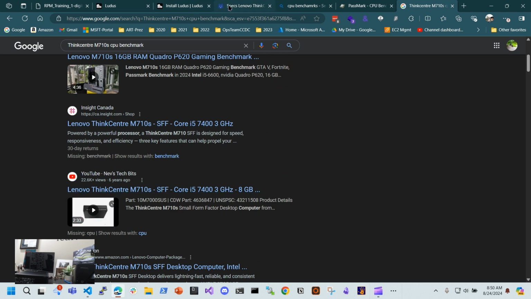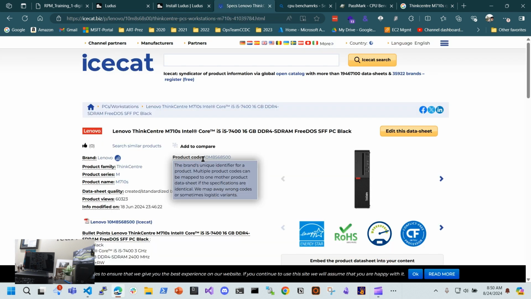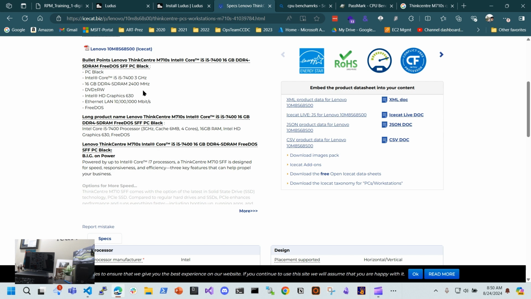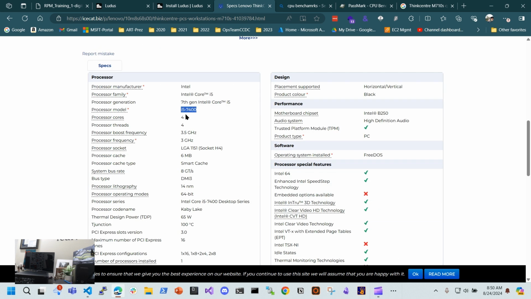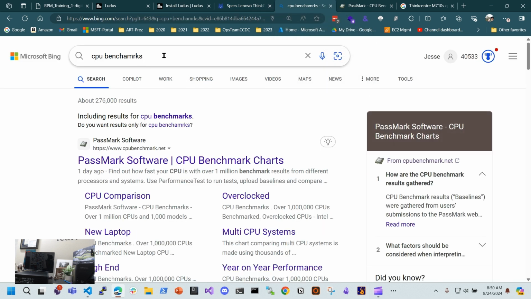And so eventually I clicked on this site and I'm scrolling through and I'm just trying to figure it out. Aha. So here it is. It looks like it's 3 gigahertz or so. And it's this model, i5 7400. So I just copied that. And then I searched Microsoft Bing for CPU benchmarks. Then I found the PassMark area, clicked on that,